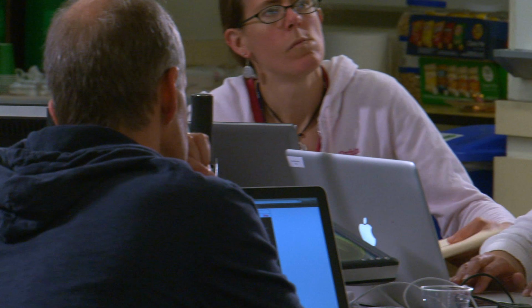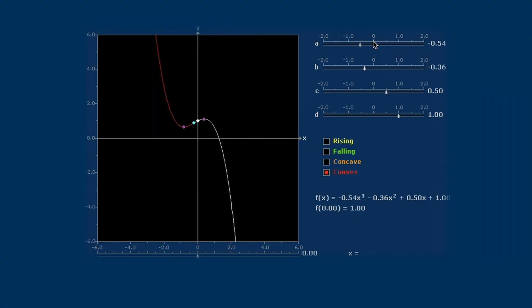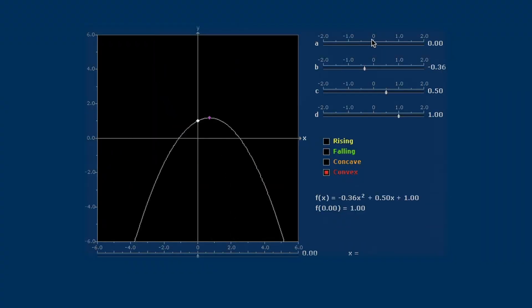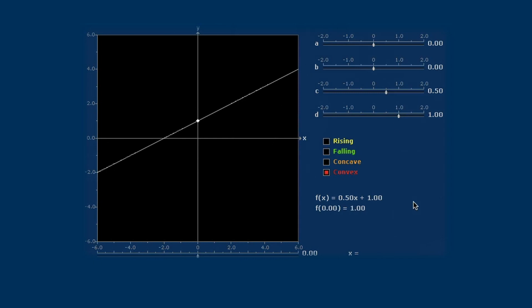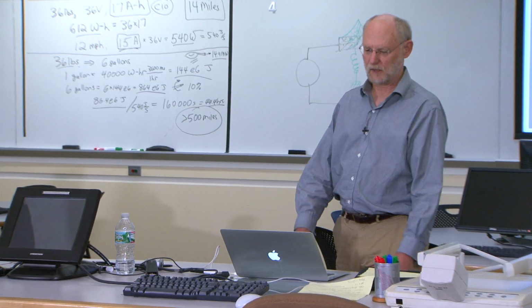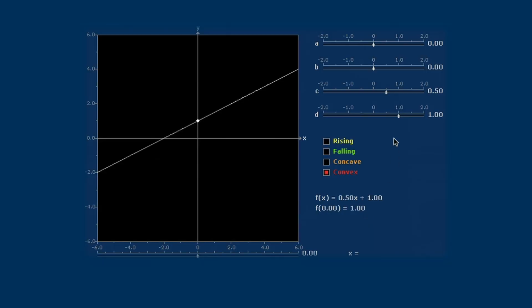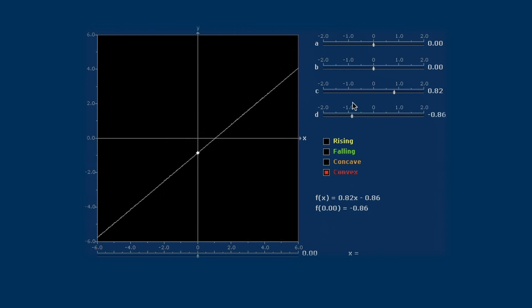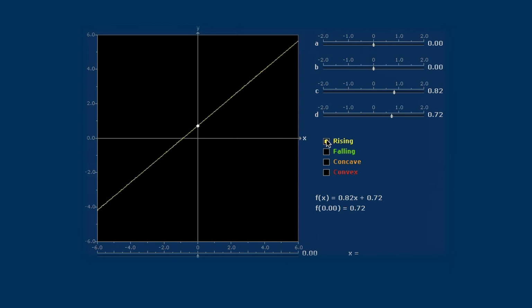Now look, we could continue to play with complicated functions like cubics, but let's go in the other direction and simplify this a whole lot. I'm going to set a to be equal to 0, so I've gotten rid of the cubic term, and actually it disappears in the display down here. And just for a start, I'm going to get rid of the quadratic term as well. So now this is just a first-order polynomial equation, whose graph is a straight line, of course, and these two parameters are called the slope and the intercept. I'm changing the slope and the intercept, and I can move the intercept up and down. So this is helpful for students, and maybe I can make it brighter by saying that it's rising.